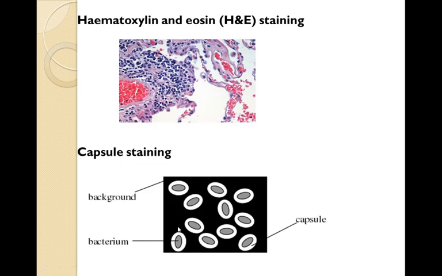Now the hematoxylin and eosin staining. I think I have also given some idea about this staining in earlier slides. That is used frequently in histology to examine tissue sections. So what does hematoxylin stain do? It stains the cell nuclei blue, while eosin stains the cytoplasm, connective tissue, and other extracellular substances,